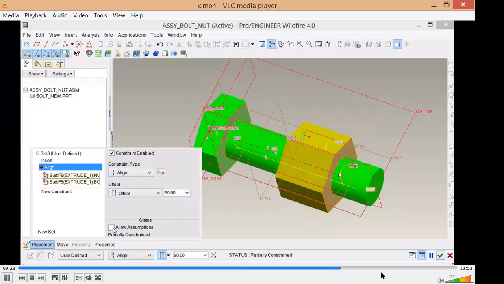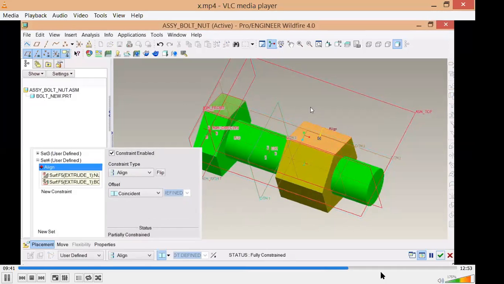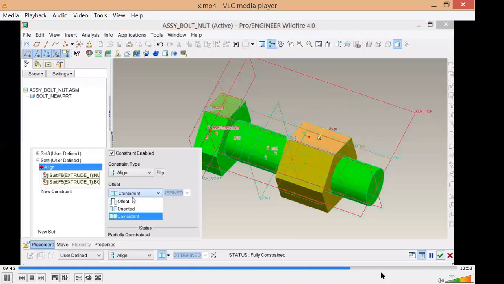Allow assumptions. If you're going to remove this allow assumptions, so what is that? I've fixed the axis as well as the distance between the bolt head and the nut, but still they can rotate. So what I can do is say that these two faces are either parallel or inclined at some angle.